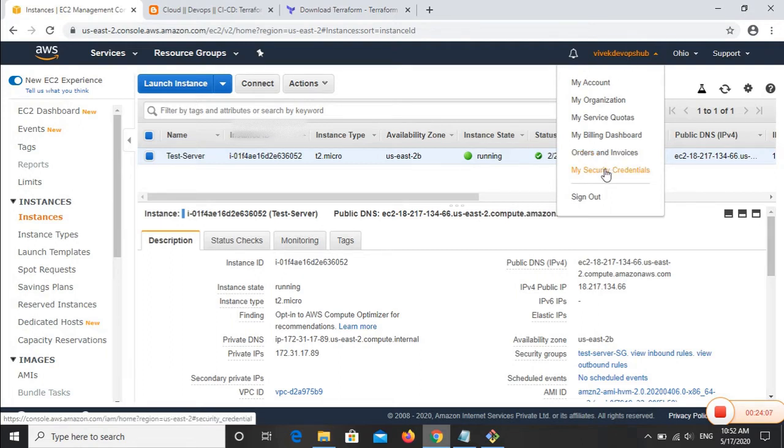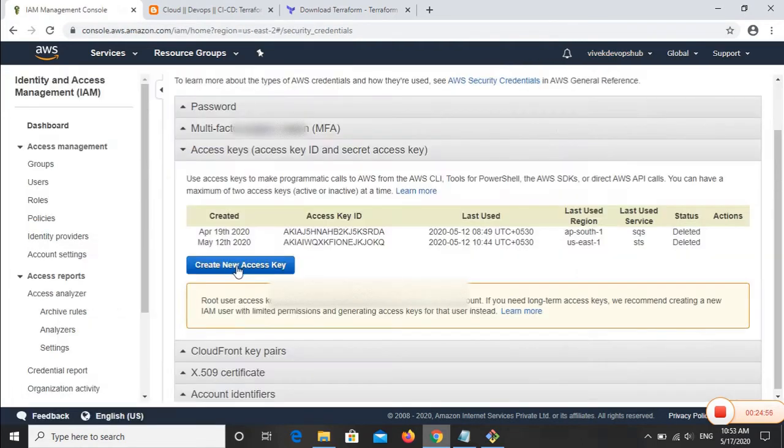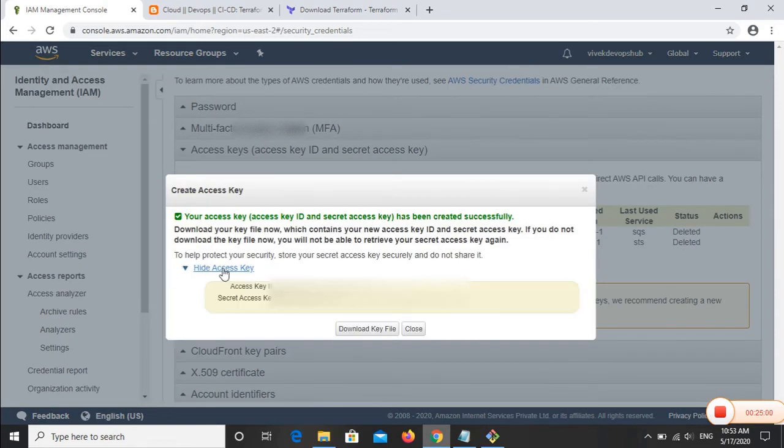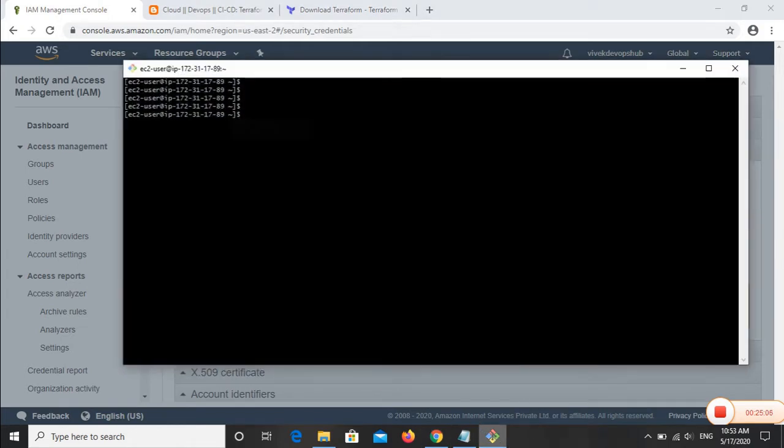We will go to security credentials. I will create a new access key for my requirement. So I will click on show access key. I will copy the access key, and I need to configure the access key and the secret key in my EC2 system wherever I am writing down my code.